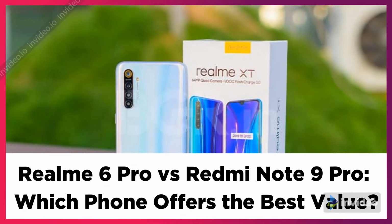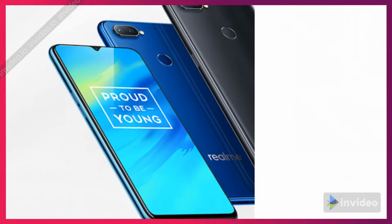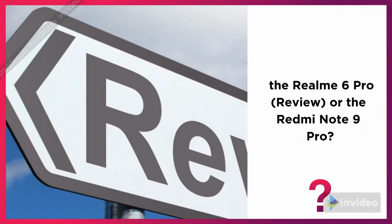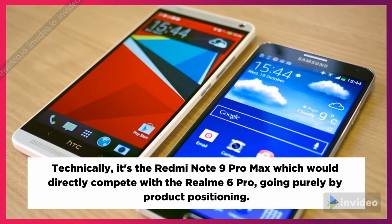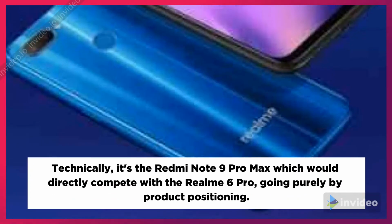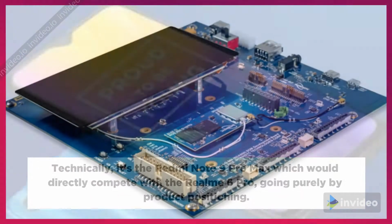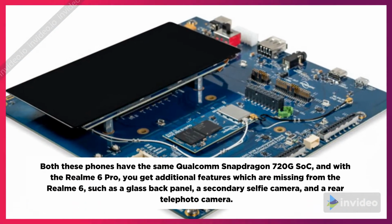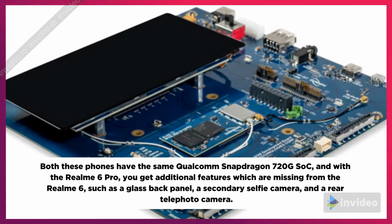Realme 6 Pro vs Redmi Note 9 Pro, which phone offers the best value? The Realme 6 Pro review, or the Redmi Note 9 Pro? Technically, it's the Redmi Note 9 Pro Max which would directly compete with the Realme 6 Pro, going purely by product positioning. Both these phones have the same Qualcomm Snapdragon 720G SoC, and with the Realme 6 Pro, you get